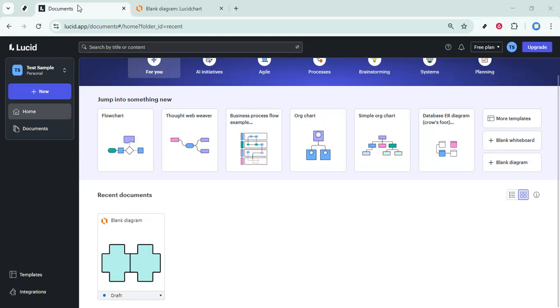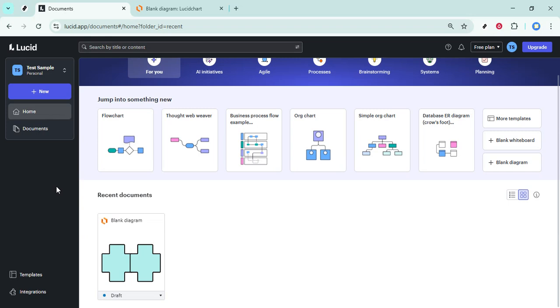In today's video, I'm going to teach you how to group shapes in Lucidchart. Grouping shapes is a simple way to keep related items together so they move and resize as a single unit. It's perfect for flowchart sections, labeled icons, or any elements you want to keep aligned without accidentally nudging things out